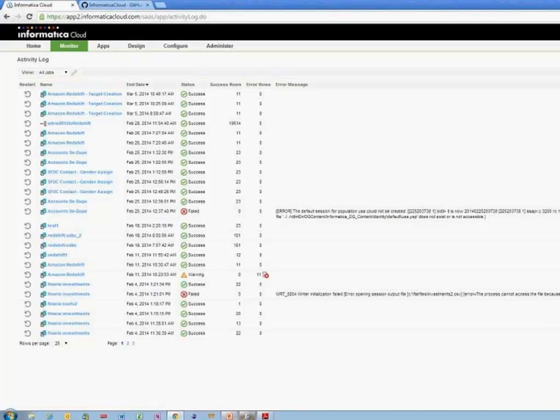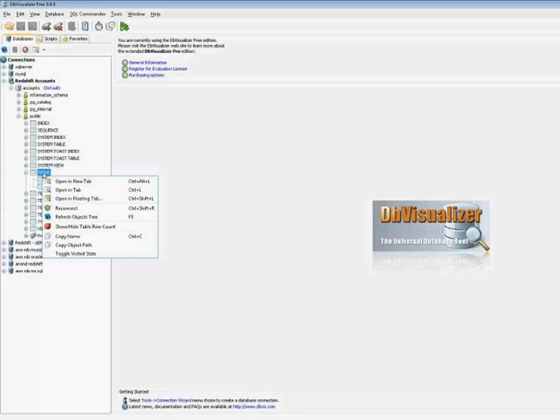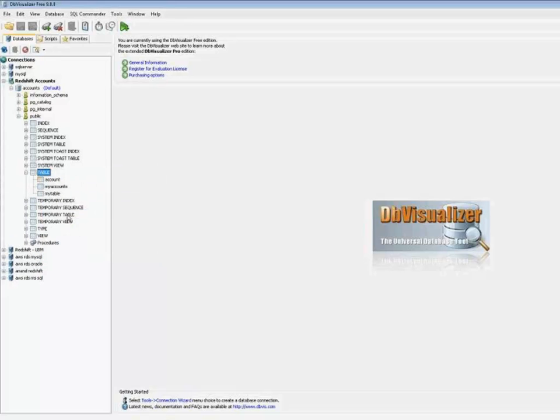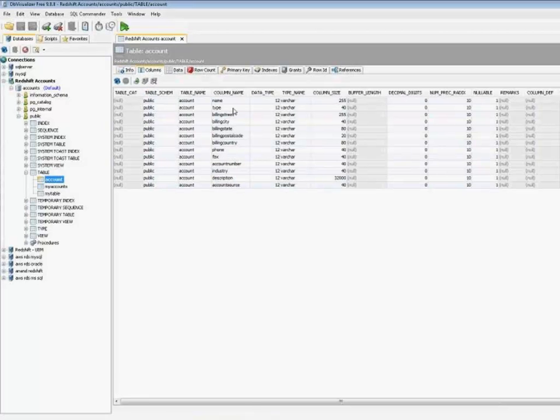So let's go take a look at the target structure now. I'm using a SQL visualization tool here, and you can see it's created my account table. And if we go look at the columns, you'll see that it only created those columns that I had specified. So it didn't put in the ID or the, I believe it was the account creation ID, or I forget which one. But okay,